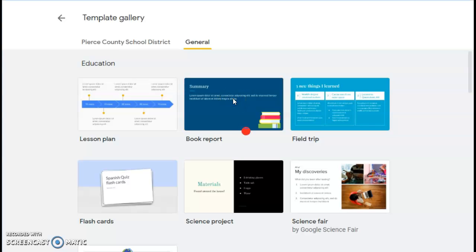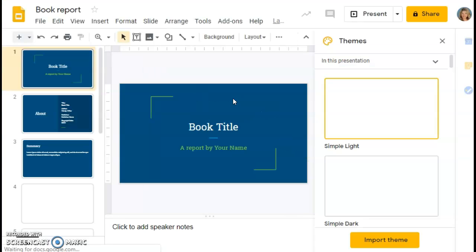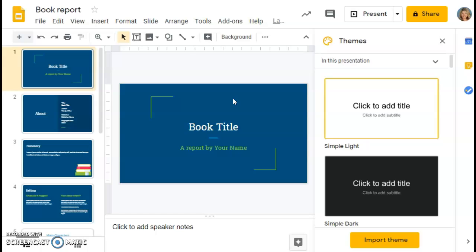And so as a teacher, you can pull up this template and you can post it on your Google Classroom, send it as an assignment, and then make a copy for each student. Then when they log on to Google Classroom and they open their project, they already have the template that you want them to use. Now, if you want to give them freedom and not have them confined to this template, whichever template that you choose, then you just create the assignment and tell them to create a Google Slides presentation,